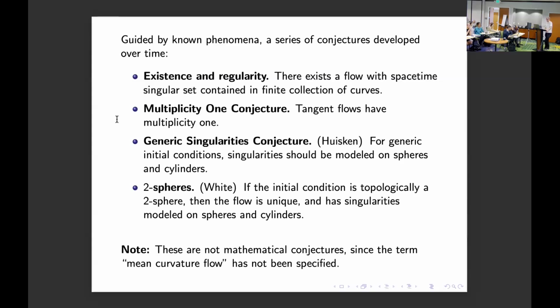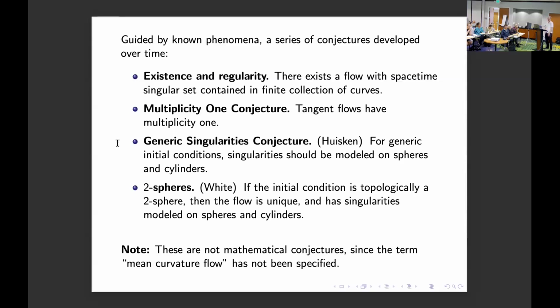And then the multiplicity 1 conjecture is really an enhanced version of what Ilmanen conjectured. Ilmanen's conjecture concerned the behavior of a smooth mean curvature flow at blow-up time, and so this would apply even after blow-up. Okay,